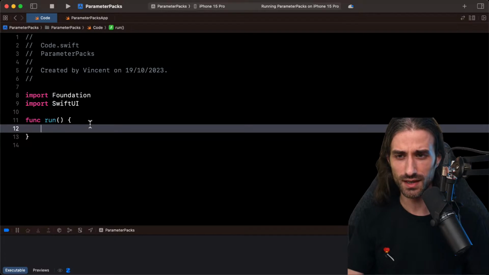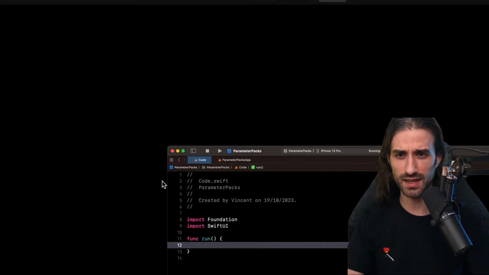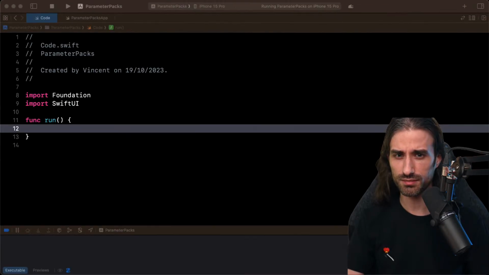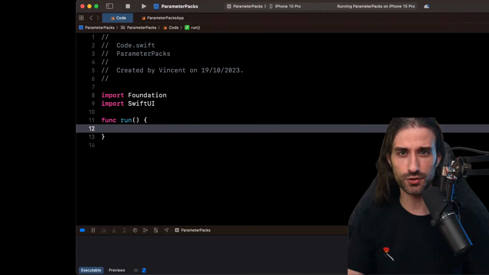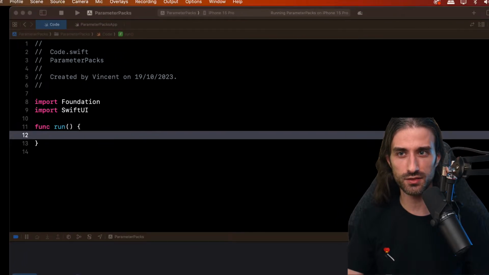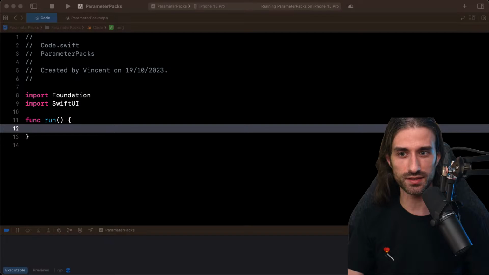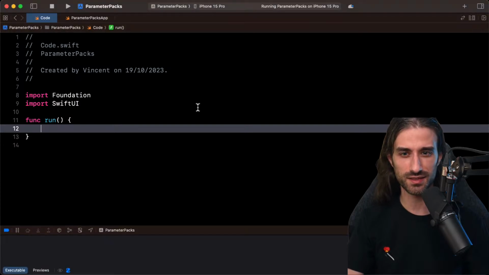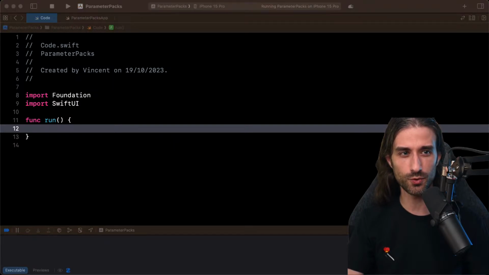Perfect. I'm just noticing that I'm going to move the window a bit, because when I look at the code, I'm looking away from the camera and I find it super weird. At least for me, it's weird. So I'm moving the window a bit. All right, now we're good.